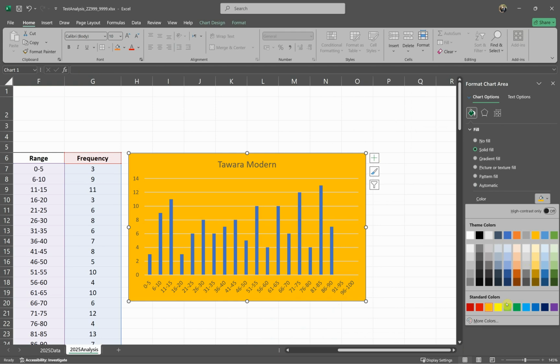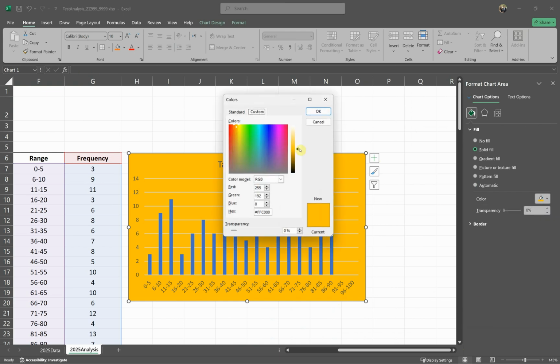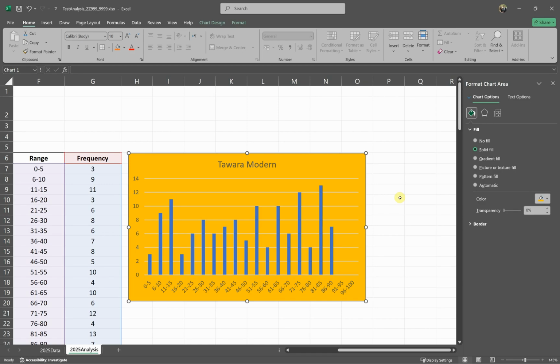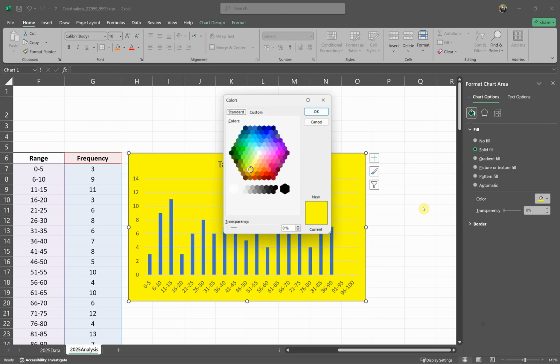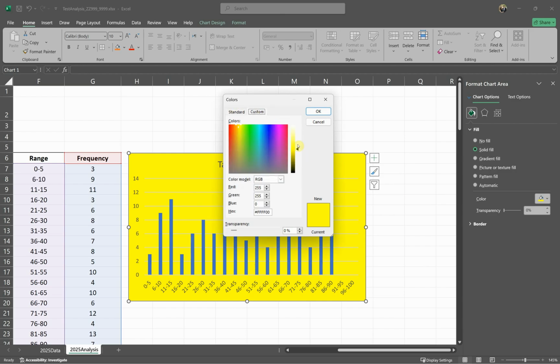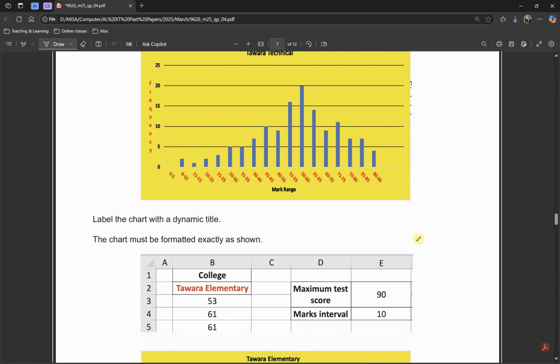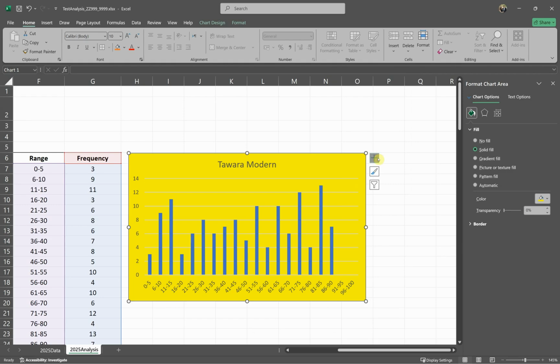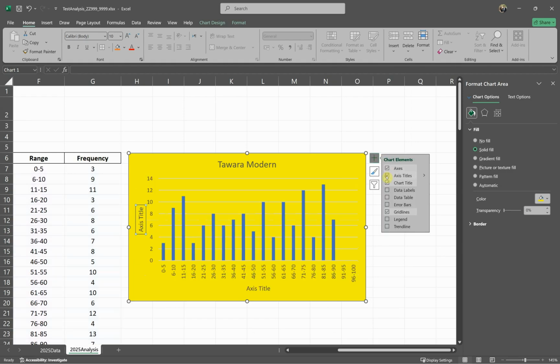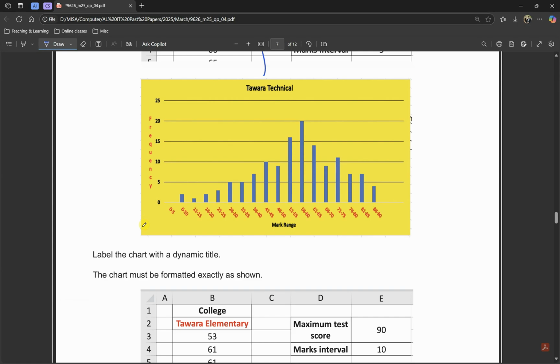If you want to adjust it, if you didn't get this level, then go to more colors and increase a bit, or adjust from here to get to that yellow. No, it's not the right yellow, it's more to the orange. So I'm going to select this and adjust it from here. Okay, that's perfect. After that, we need to put the titles, the labels. So go to plus, add the titles. We got both of them. Let's put the names. So we have frequency,